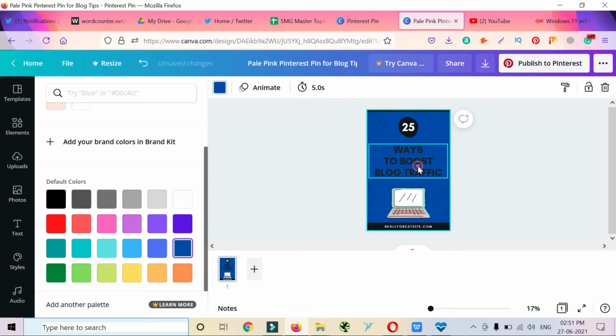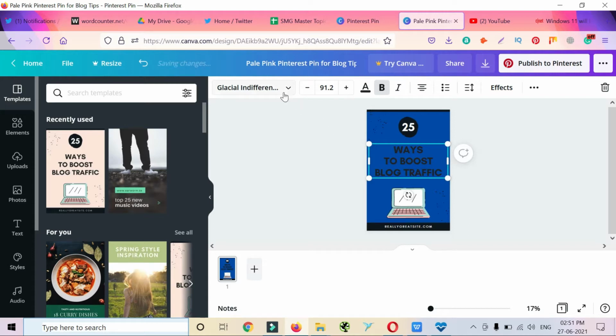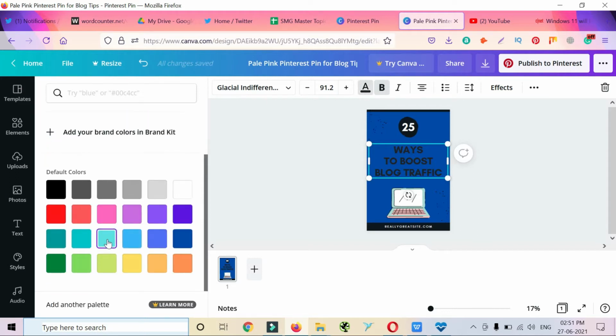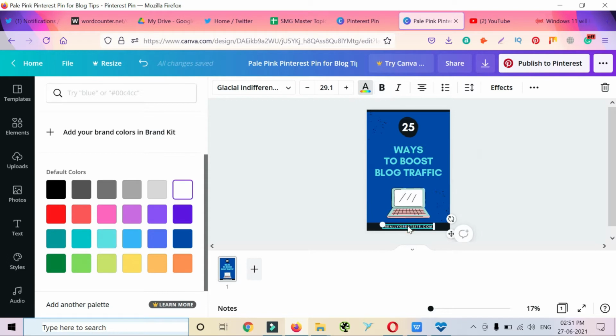I want to change the color of the text of this particular font, so click on this box and change the color. My design guidelines consist of aqua blue and dark blue, so I'm going to follow these two.